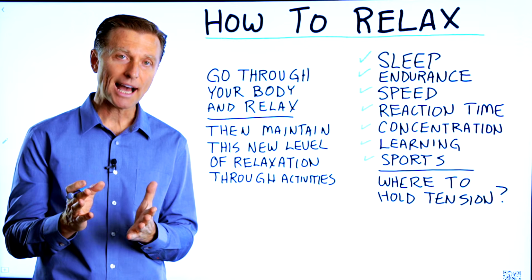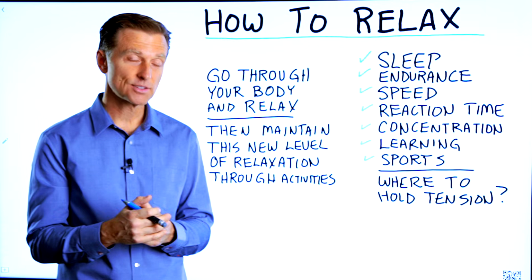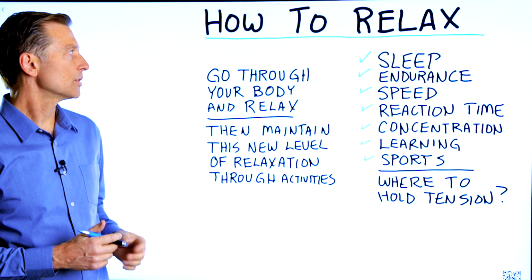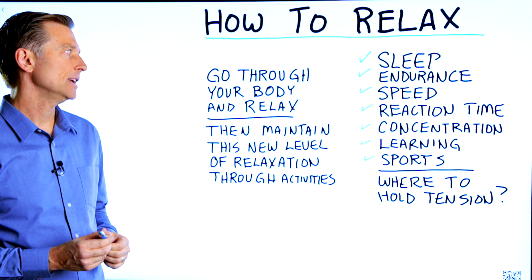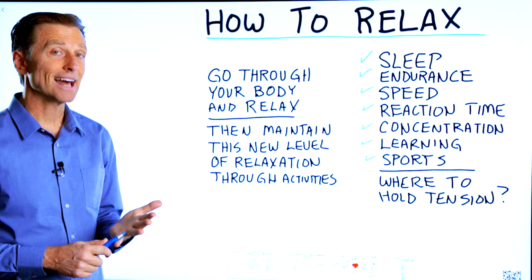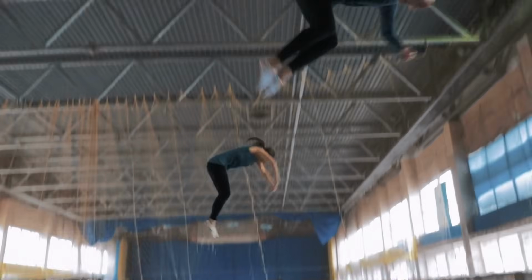The question is how to relax. Sounds easy, but actually, for some people, it's very, very difficult. Getting your body in a relaxed state can greatly not just help you sleep, but it can help endurance. If you're an athlete, many athletes out there, especially the top ones, actively practice relaxing, and it really helps their